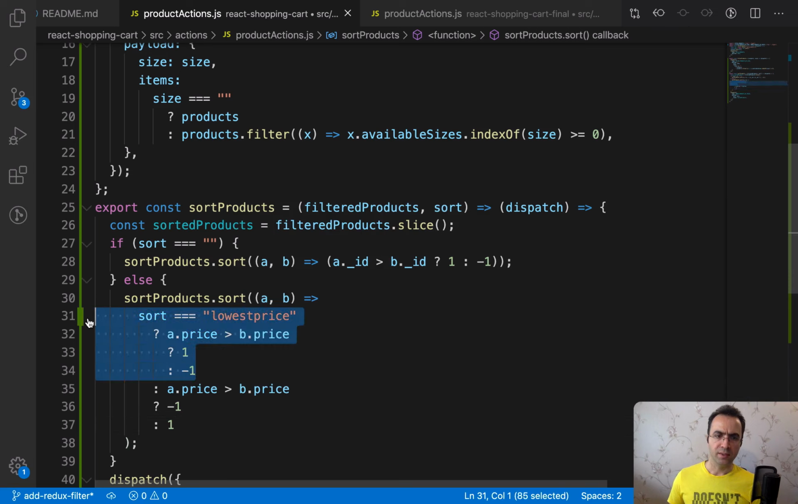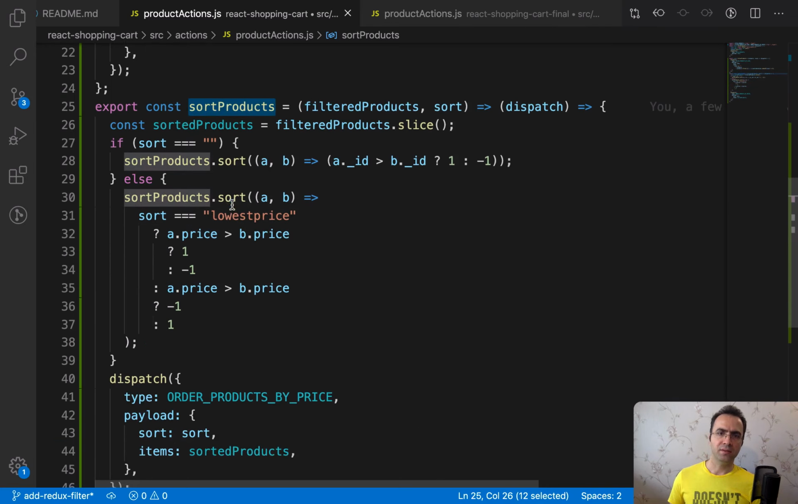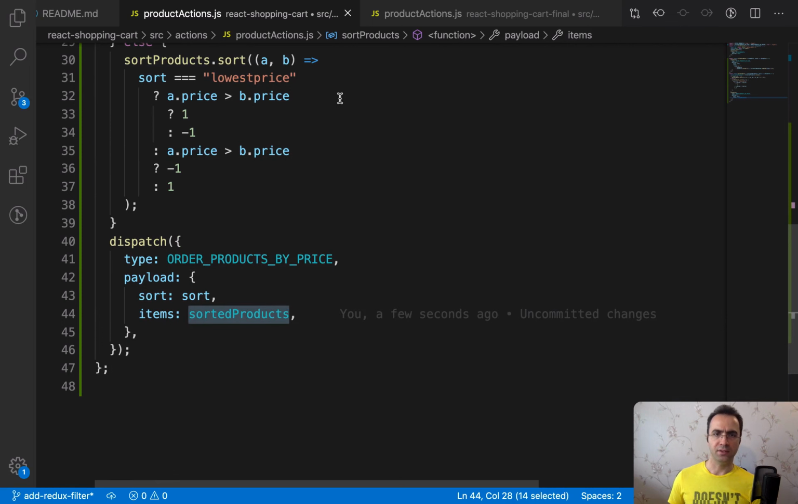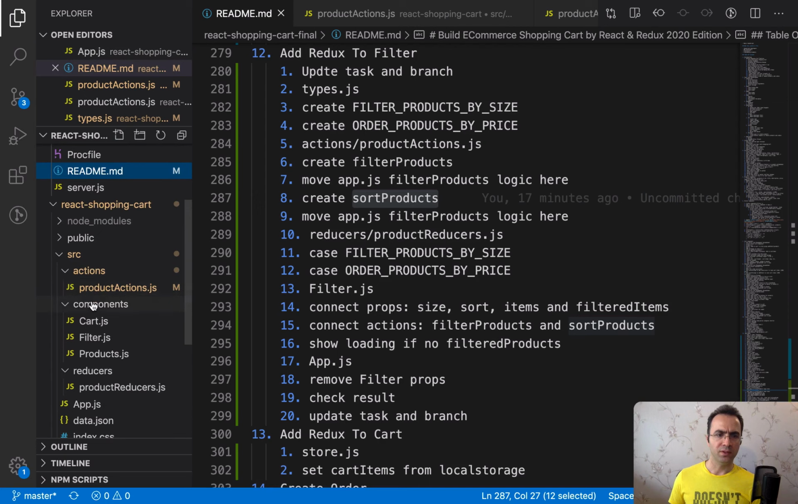So this condition sorts based on the lowest to highest, and this one sorts based on highest to lowest. So we have done the sort function right here and return the sort data. Let's get back to the plan. What we're gonna do is to go to the product reducers and define case for filter products by size and order products by price. Open reducer folder,